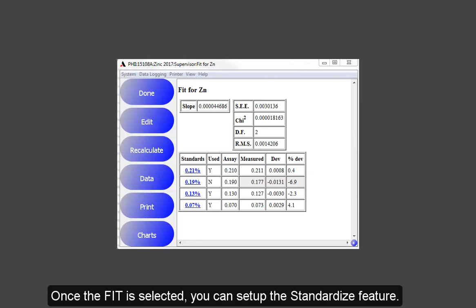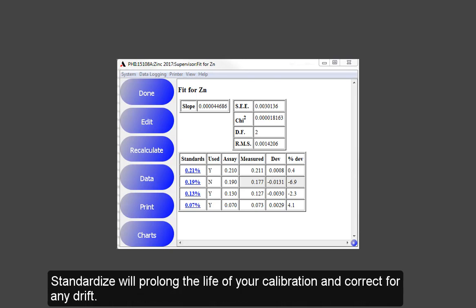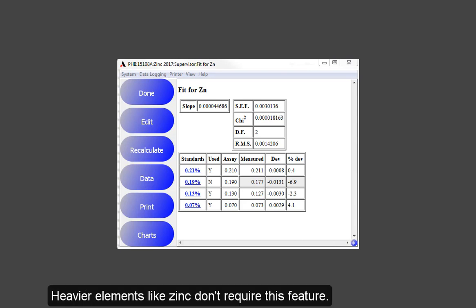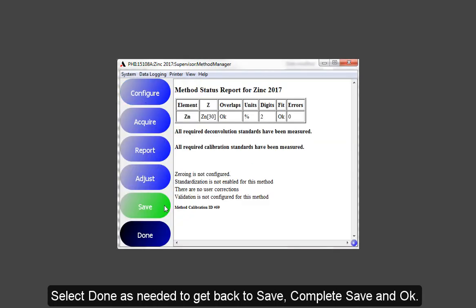Once the fit is selected, you can set up the standardize feature. The standardize is used to prolong the life of your calibration and will correct for drift. Heavier elements like zinc don't require this feature to maintain stable results. However, the pass-fail when updating standardize shows that the instrument and calibration are still working well and the results should be valid. To set up the initial standardized reference value, we need to select Done, Done, and we need to